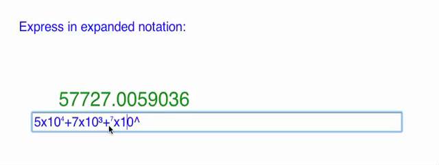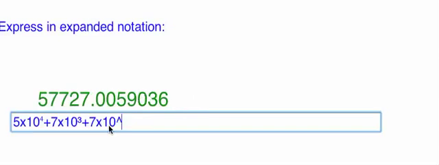That's supposed to be a plus. Yes, I understand. 7 times 10 to the power of 2, because it's followed by 2 places. This 7 is followed by 2 places. So 7 times 10 to the power of 2 plus 2 times 10 to the power of 1 plus 7 times 10 to the power of